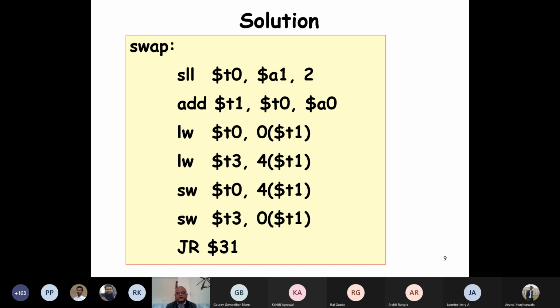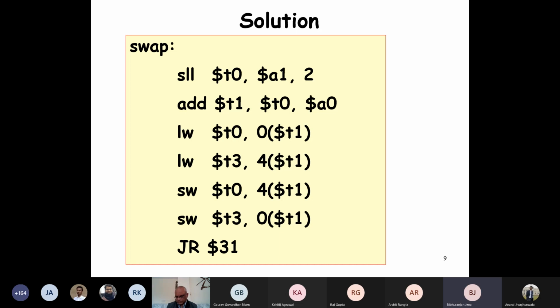What does the first instruction achieve? SLL T0, A1, 2. SLL stands for shift left logical.